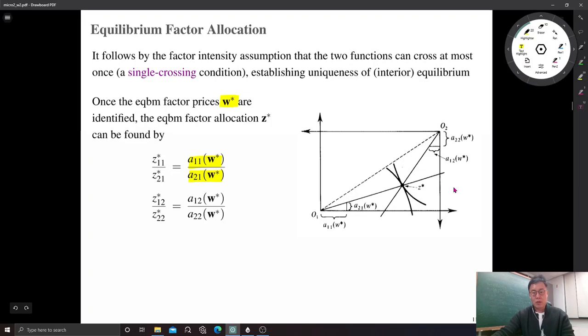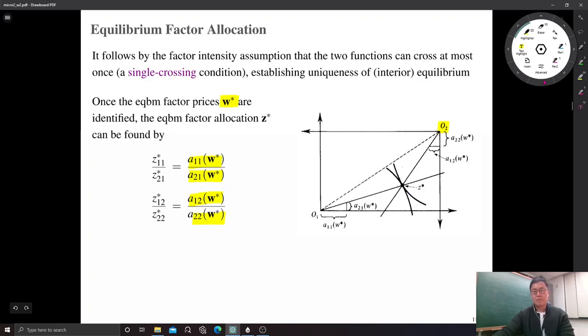So from firm 1, we'll choose a pair of factors along this ray. With this ratio, firm 1 demands each factor. So the profit maximizing factor allocation for firm 1 should be on this ray. And similarly, for firm 2, given these equilibrium input prices, now we know the optimal ratio for firm 2 that maximizes profit. That is this ray. Because now we have to use this origin for the analysis of firm 2's behavior, I mean the optimal demand function. So they are going to meet at a point in the Edgeworth box,